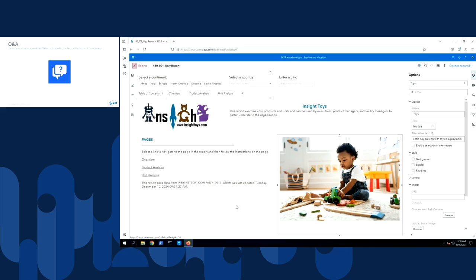So you can build things like that. It might be a good idea, depending on your audience, to use something like a video that maybe shows how to navigate the report or has someone on screen describing the report and the purpose of it. I always think it's nice to have that personal touch and seeing someone. So any object that you can use in a regular page, you can use to build your table of contents page. And then all I did to create the template was on the page tab, I just saved the page as my page template. And now I can use it in other reports so they all look about the same.